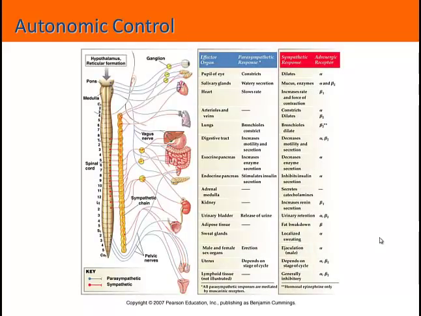So the last thing we need to discuss is the effects of sympathetic and parasympathetic control over these specific targets. This figure comes from your Silverthorn text, and it's going to help you with the last part of the workbook. I want to talk about a couple of specific examples here. The first, let's talk about control of heart rate. You notice here that the parasympathetic response is to decrease heart rate.